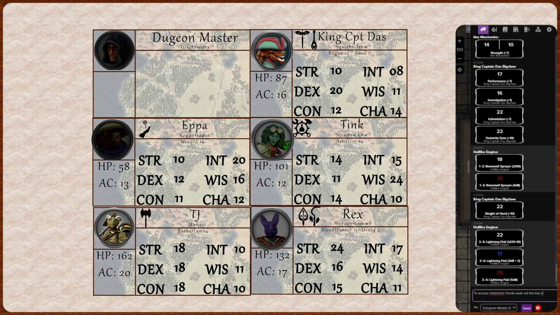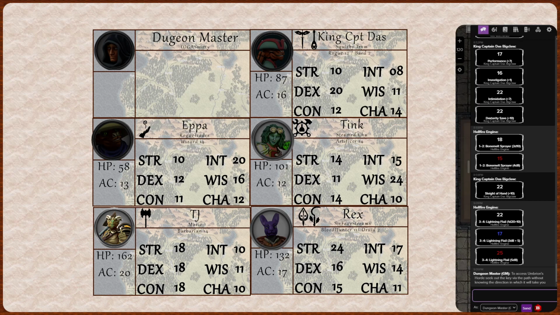That was more of an in-character thing, but I suppose I could do it out of character as well. To access Umbreon's Horde, seek out the key via the path without knowing the direction in which it will take you.